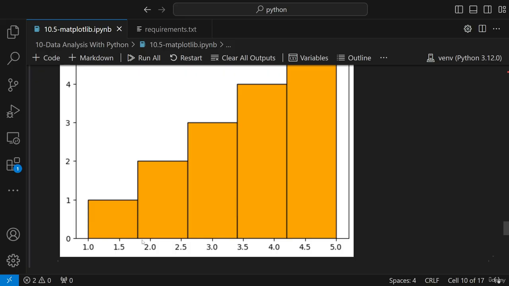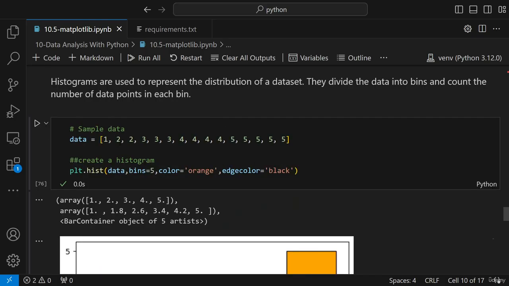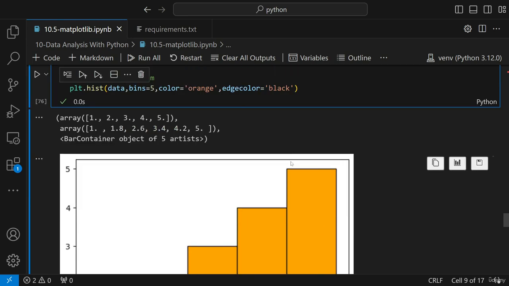So this is between 1 to 1.8. One number is present. 1.8 to 2.6, I think 2 numbers are present. 2.6 to 3.4, this many numbers are present. So let's go ahead and count it. Between 1 to 1.8, only one number is there. Between 1.8 to 2.6, how many numbers are there? 2 are there. 2.6 to 3.4, how many numbers? Sorry, 3 are there. Then between 3.4 to 4.2, how many numbers are there? 4 are there. Similarly, 5 are there with respect to the last bin, and that is the reason you'll be able to see